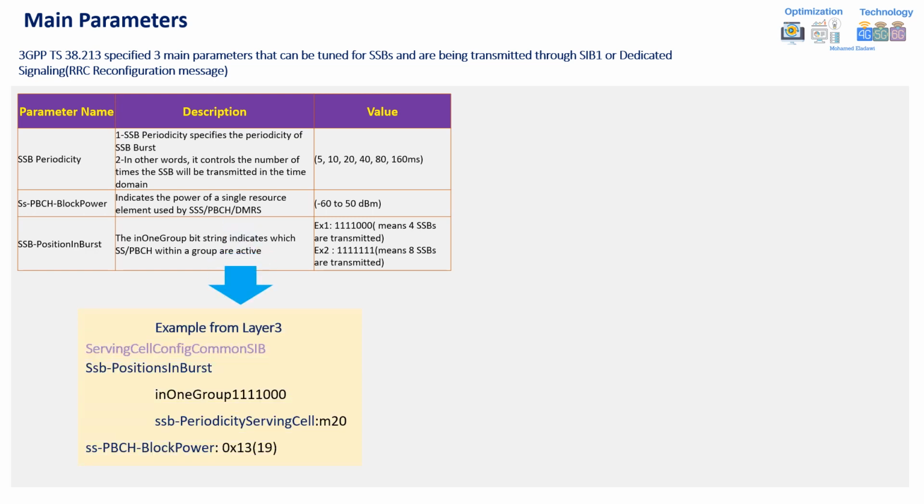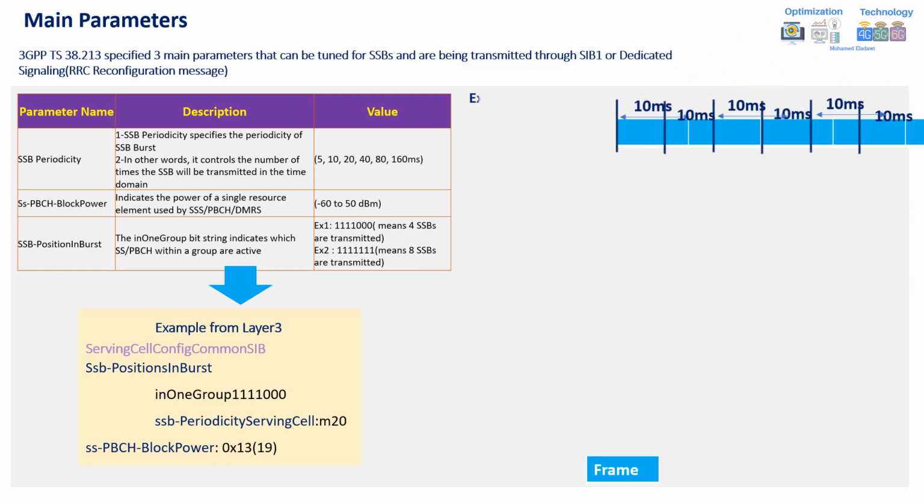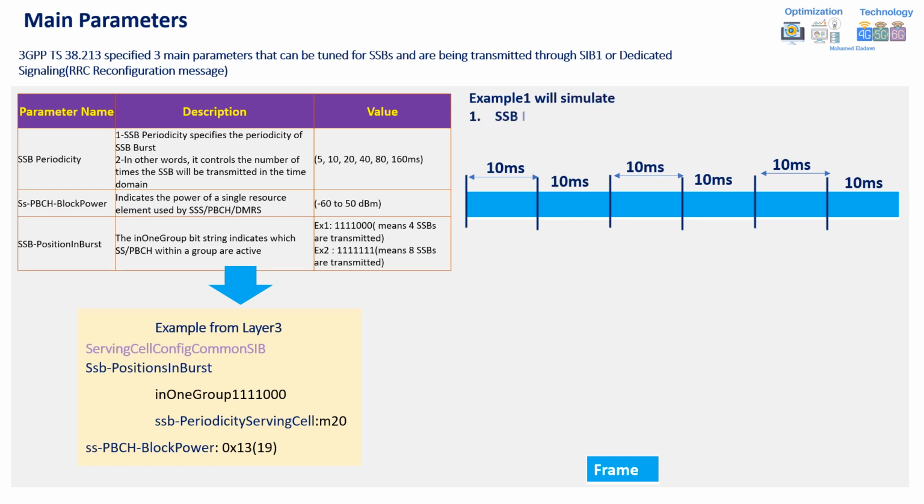Below is an example from Layer 3 messages, SIB1 information, covering all the above-mentioned parameters. Now let us simulate 2 different sets of combinations for SSB periodicity and SSB position in burst in the time domain. Example 1 will assume SSB periodicity 20 milliseconds. SSB position in burst